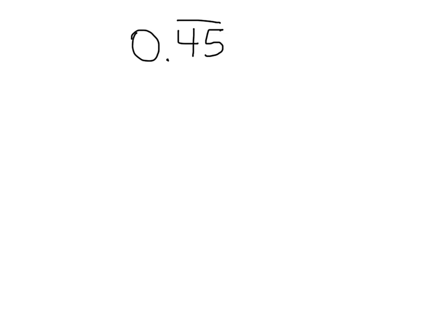Alright, for this example, notice that 0.45 repeating, the 4 and the 5, both are repeating because the bar is over both numbers, and that the 5 occupies the hundredths place. So let's start by letting x equal our repeating decimal. Now, since the 5 is occupying the hundredths place, let's multiply x by 100. That way, when I multiply 0.45 repeating, that decimal will be right on the other side of that repeating 5. So this would give me